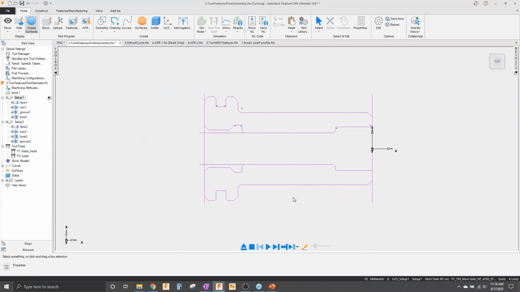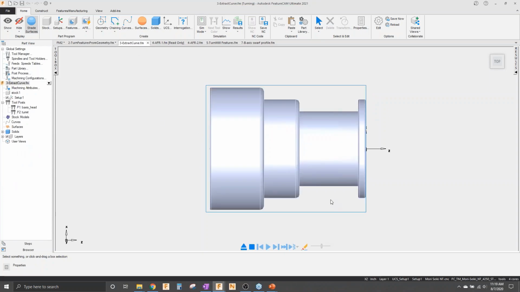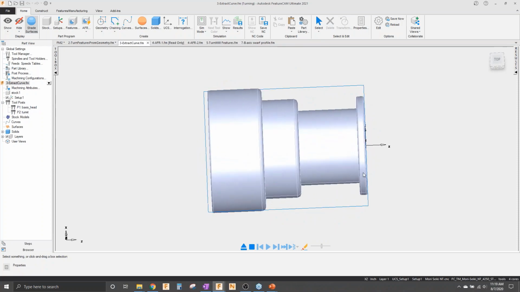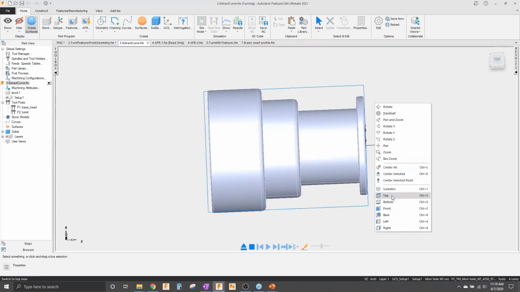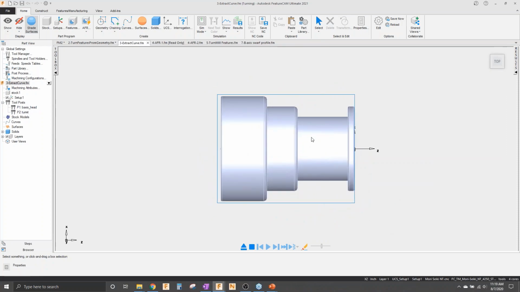So now that we've covered basic features, so we've done from dimensions and we've done from curves. Another problem that you might come into is, say you have a solid imported into FeatureCAM and you need to create turning features from it, but they didn't include a DXF with it, or you don't know how you would go about starting to draw this. So you could obviously look at the print and draw it yourself, but you can also extract a curve from this solid as well. So I can go into curves